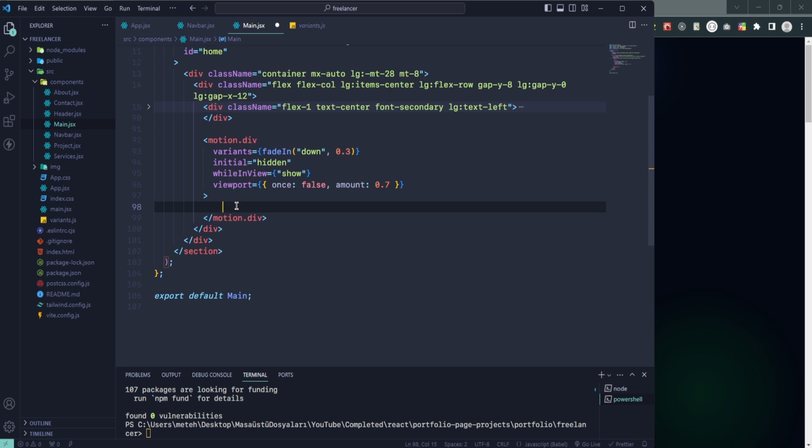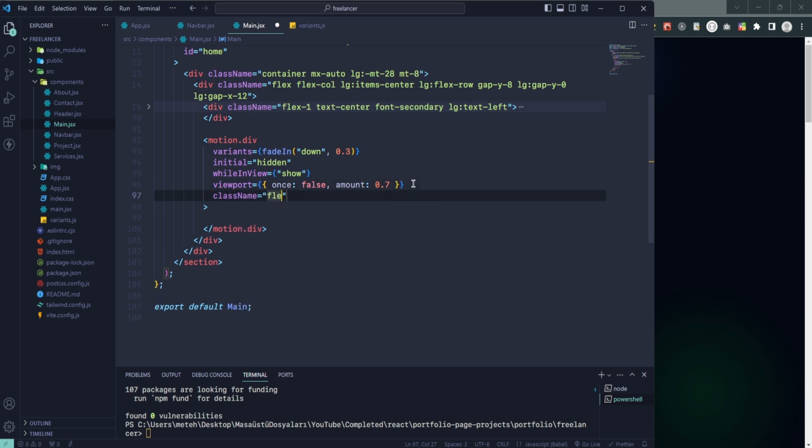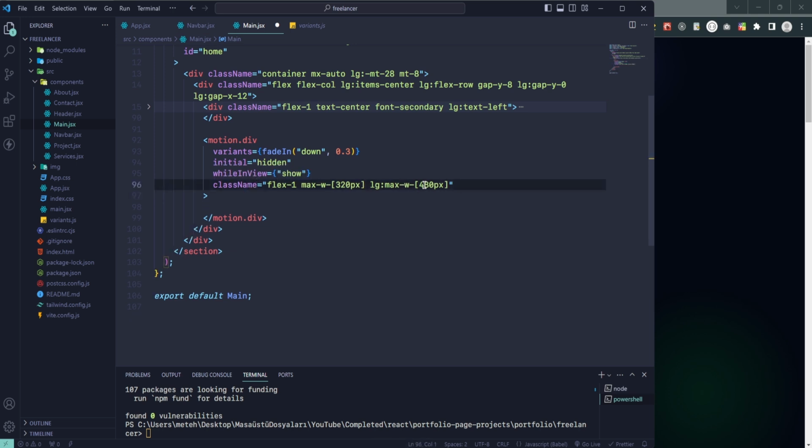Okay, class is a flex 1 and max width 320 pixel, and after that large, max width 480 pixel. And I'm adding animation properties, and there will be reports here, and I delete that, and down 0.6. Okay,